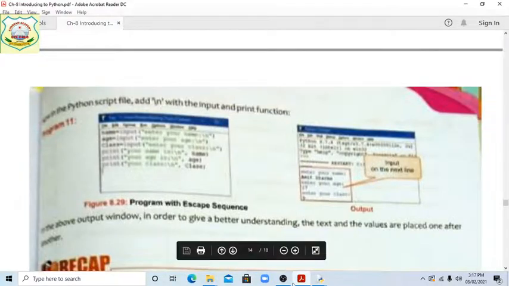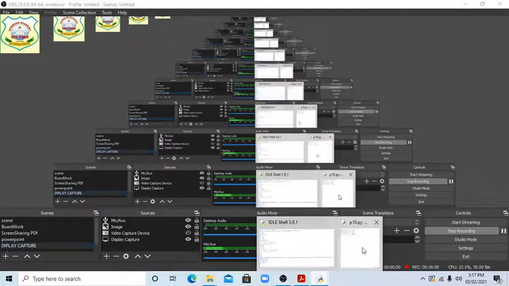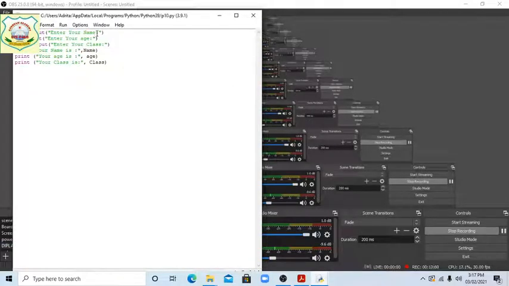Similarly, program 11 is also given. In program 11 it is given how to use the slash n. Now we will use the slash n, students. Same program is here, slash n we will do.